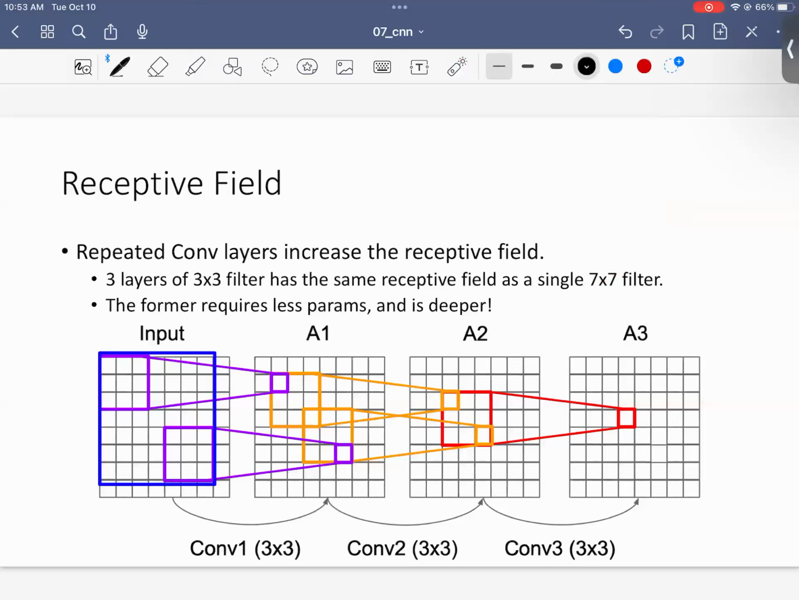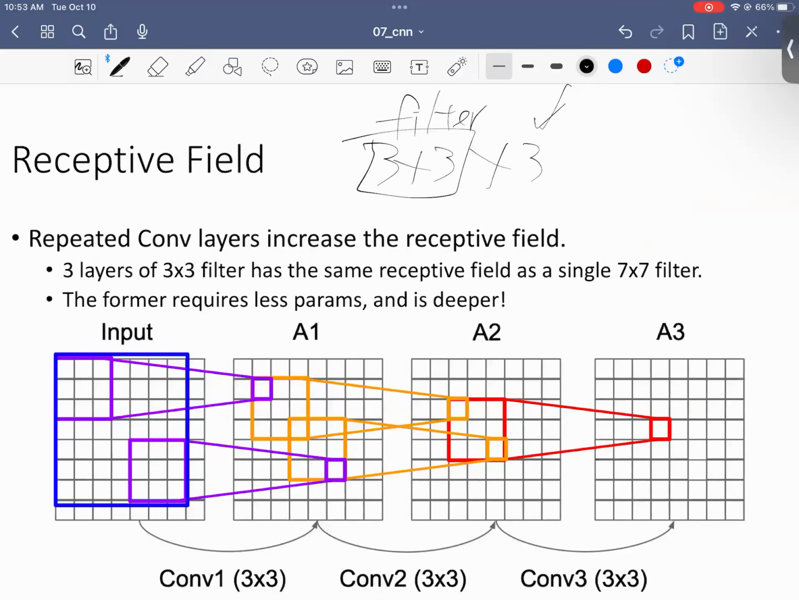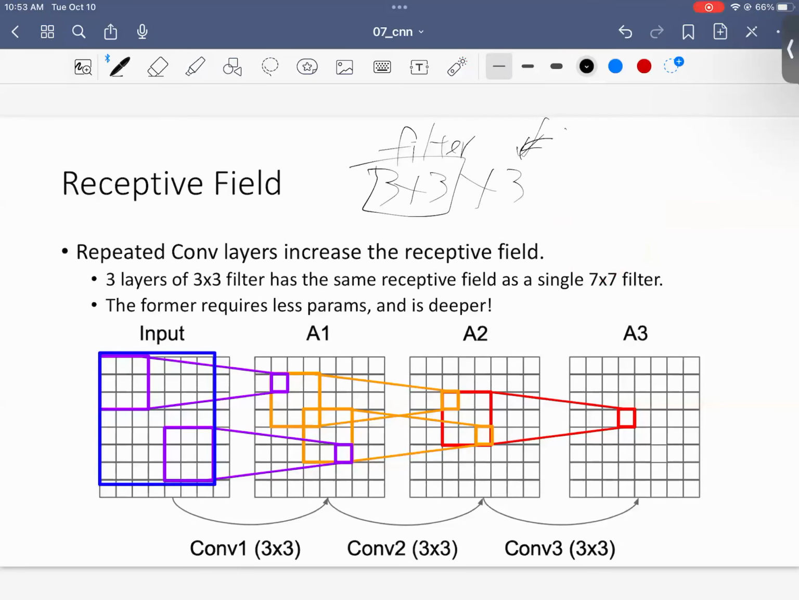So if you do 3 by 3 times 3, because this is the filter, and this is the number of layers. That's what? It's 27, right? 27 versus 49 here. So it's using a smaller number of parameters. Because